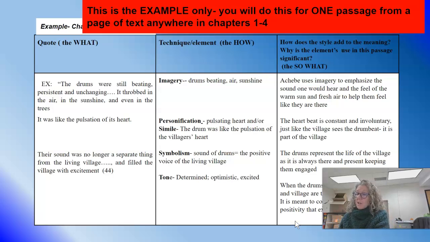Okay, as you look at the sheet you have to fill out, you have this example across the top, okay? This is off of page 44. What you're looking for is what is the quote, and what elements, that's the second column, what elements were used? What are the different elements that were in there? And then the third column is how does the use of this element in this passage make it important? So what? Why is it important that he used imagery? What was he trying to do? That's your best guess at this point. We're new to this, we're just starting, but I really want you to try. Trust me, you will get better at it the more that you do.